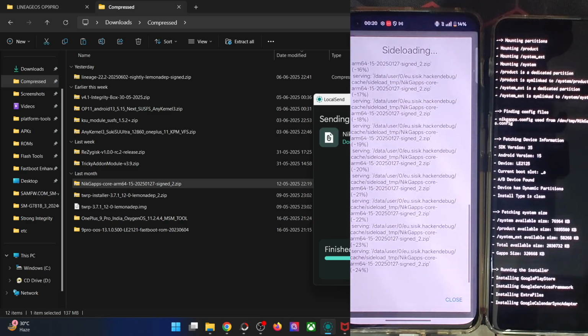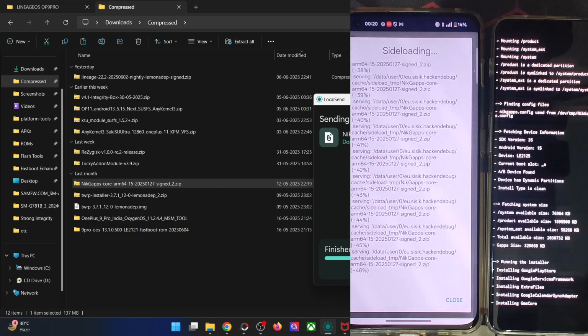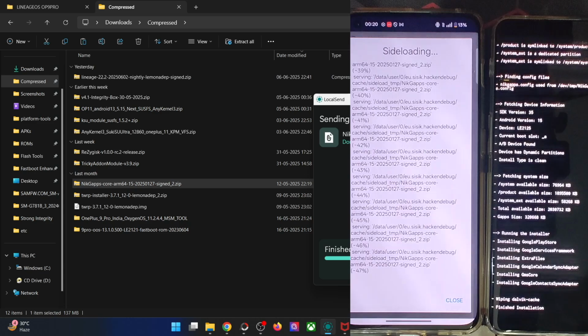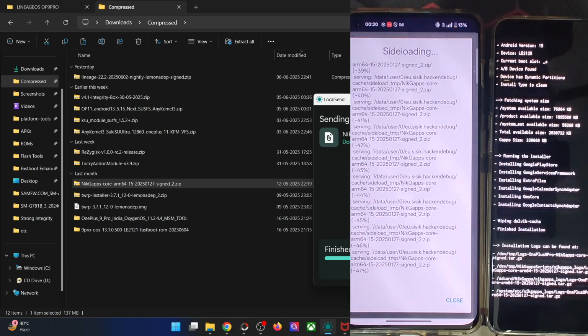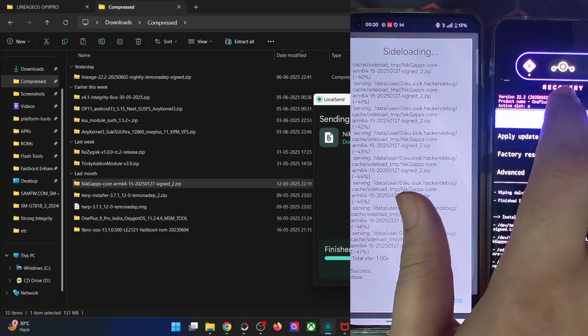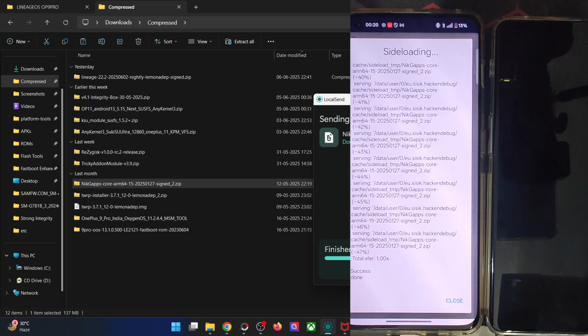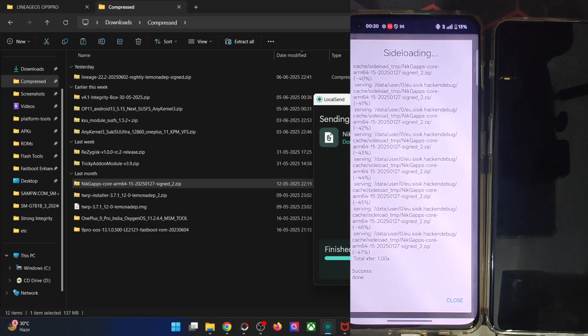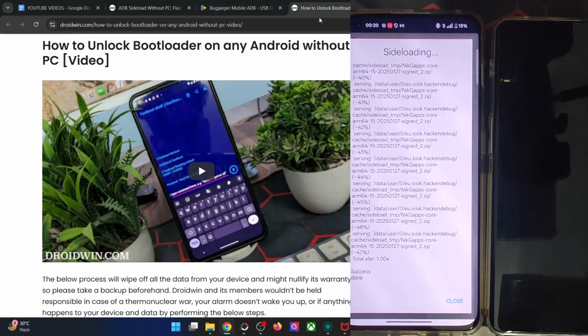In my case, it's quite a shorter way out because I use the core GApps with only around 4 to 5 GApps packages, and the process will now take only a few more seconds. So let's wait for that to happen, and it should be now done and dusted in a few more seconds. And the flashing of GApps is now complete. As you could see, success is shown on the left hand side as well. Then tap on reboot system now, and the GApps package, although optional, will now be flashed onto my phone.